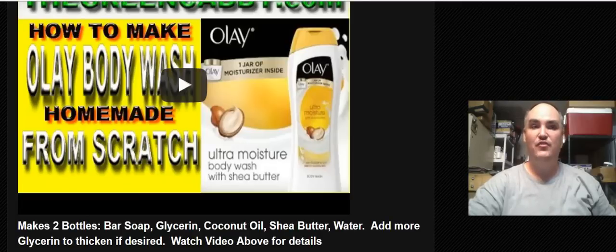Next, we discovered how to make our own homemade body wash. So instead of paying $3 to $6 a bottle for body wash, very simple. Basically, you take a bar of soap, you shred it, melt it, put in glycerin, coconut oil, shea butter, and water, mix it up, let it sit overnight, and then you can mix in some additional glycerin to make it a little bit thicker, or let it sit out a little bit longer to evaporate a little bit more,